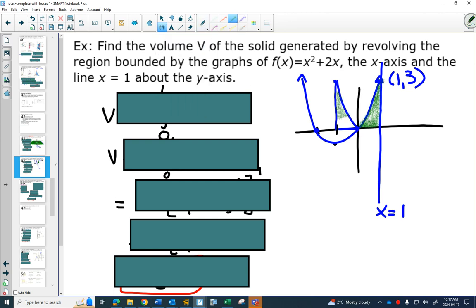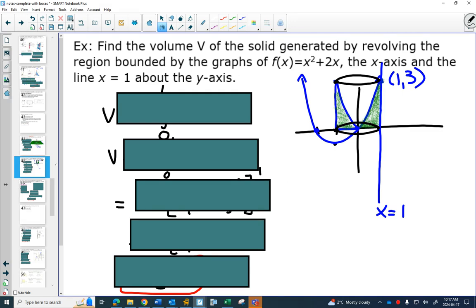I replicated that green part on the other side. Take these top points, make an oval, take these bottom points, make an oval, and I would imagine this green part